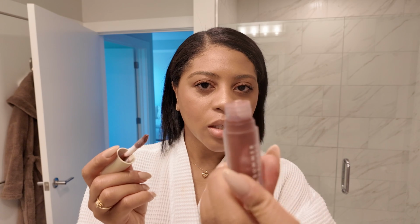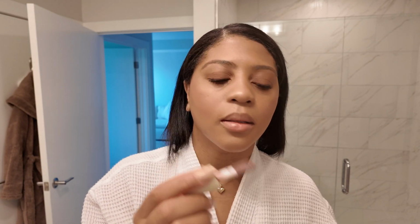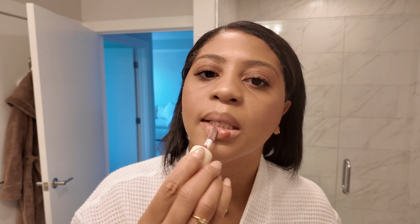And it looks dark from the bottle. It looks dark, but when you put it on, I'm scraping the bottle here. When you put it on,